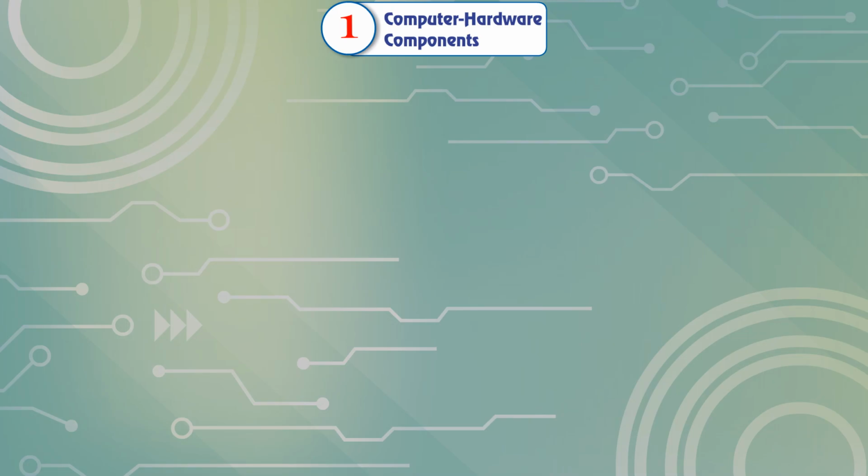Hard disk, also known as fixed disk, can store a large amount of data. CD is a thin circular-shaped storage device that stores